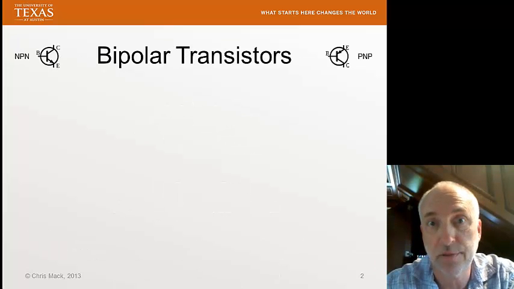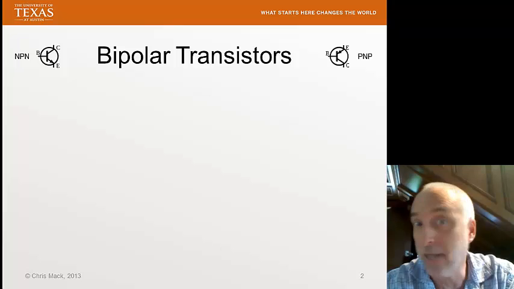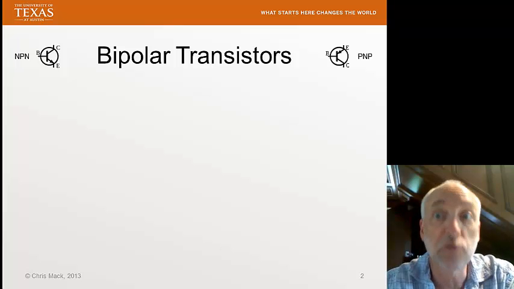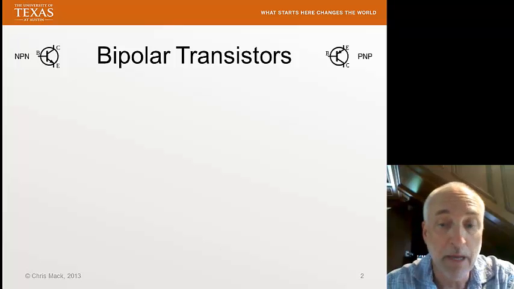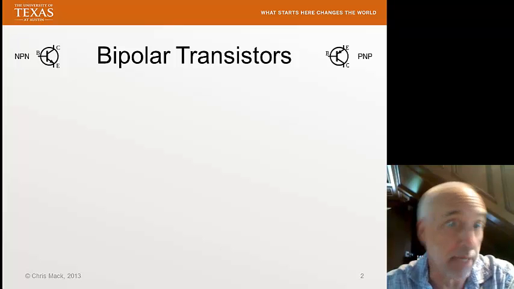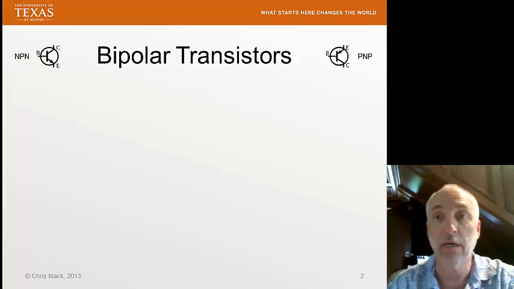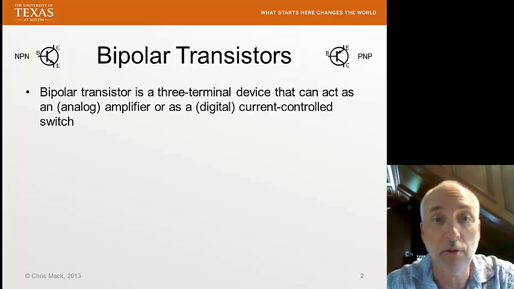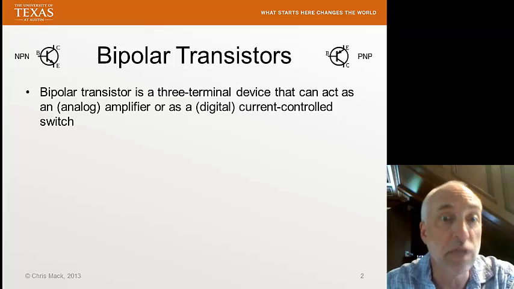Bipolar transistors were the dominant technology through the 60s and early 70s and still important today for some applications. Two kinds of bipolar transistors called NPN and PNP. Different flavors, but they basically behave in essentially the same way. These bipolar transistors are three-terminal devices, and they have really two applications. You can use them as an amplifier,